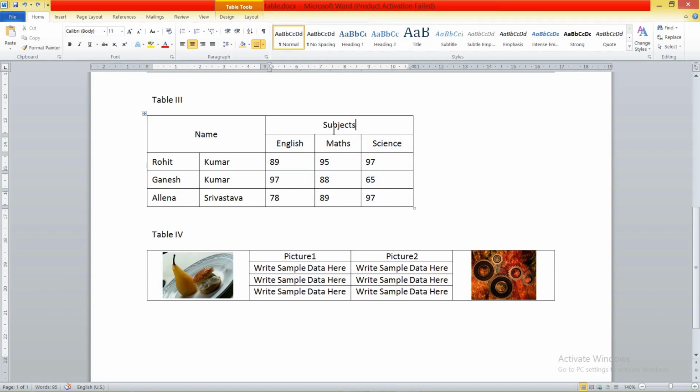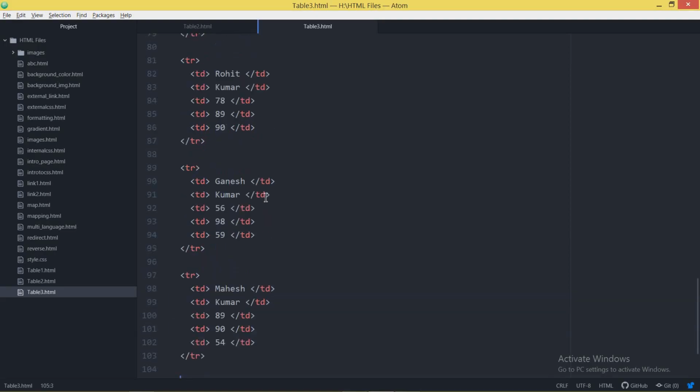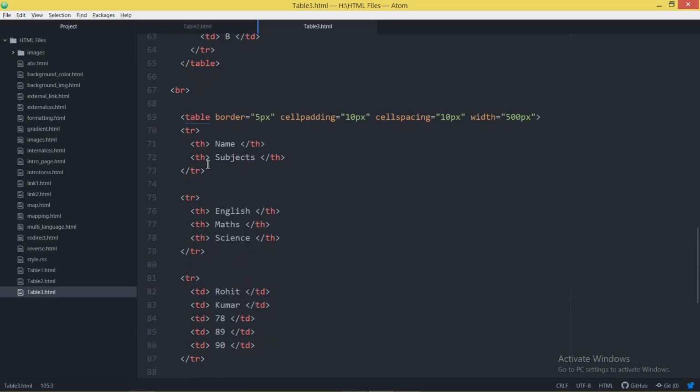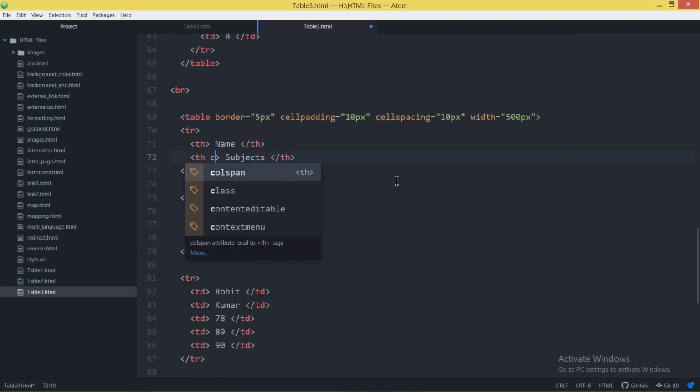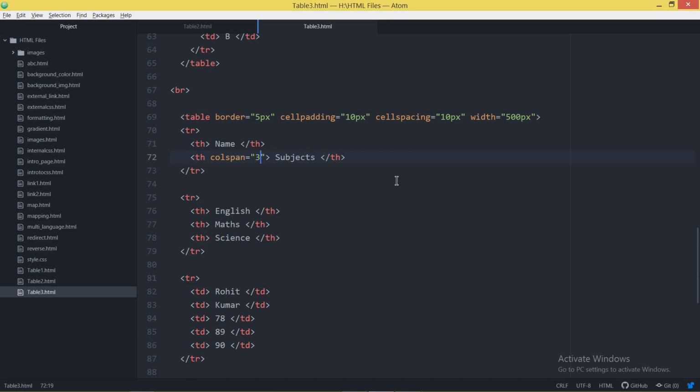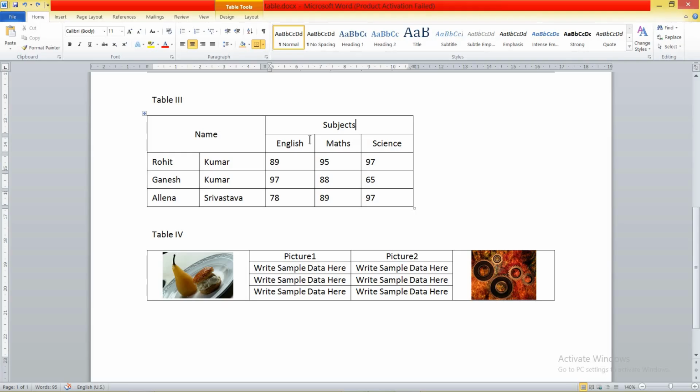It means this subject cell is merged with 3 columns. So look for that particular cell where I wrote subjects, and define the property colspan. How many colspan? 3, because I want to merge columns. As per this table, we have 3 columns.